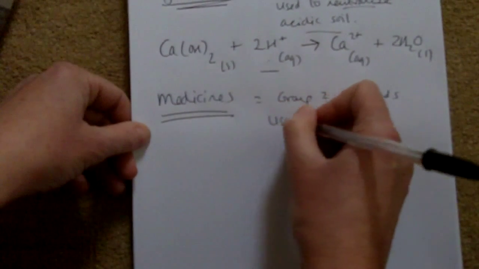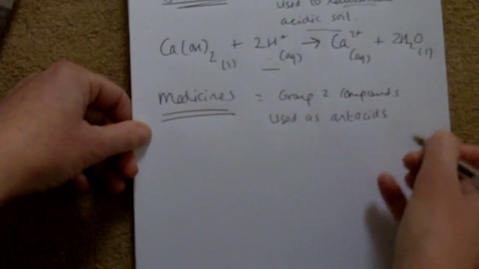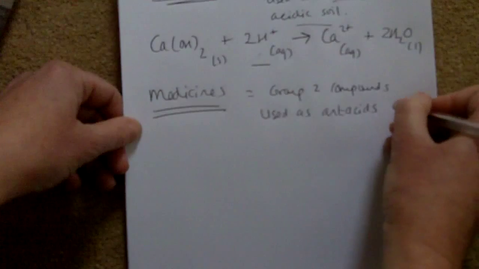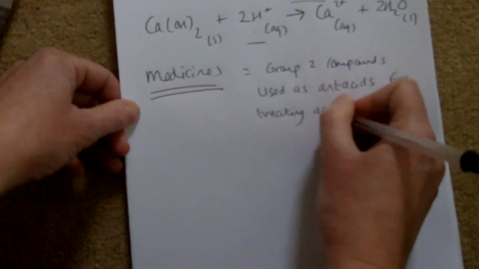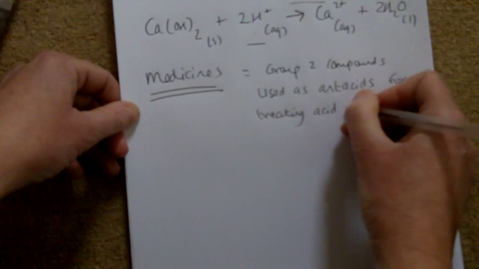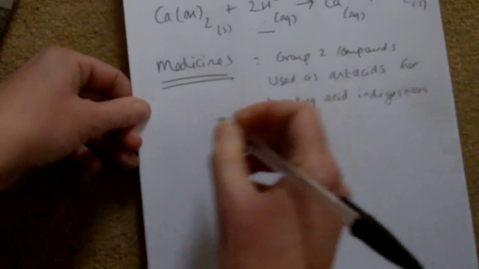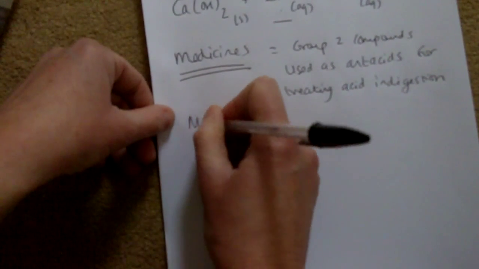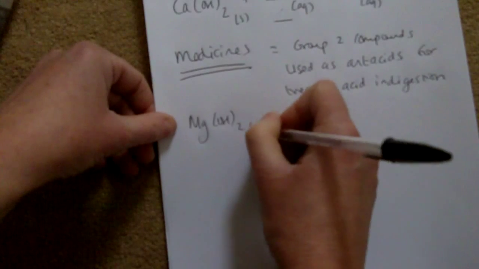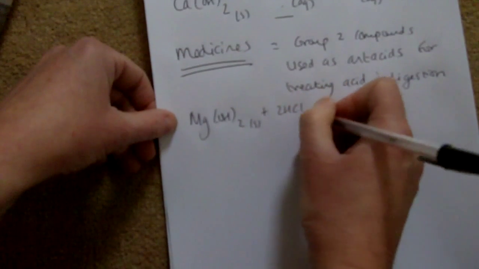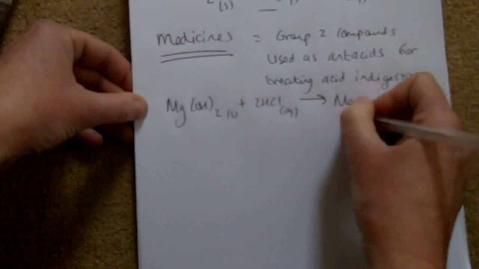They're called antacids, for treating indigestion, for treating acid indigestion. Okay, so for example, a well-known example is magnesium hydroxide, which can treat the acid in the stomach, to give magnesium chloride, a salt,